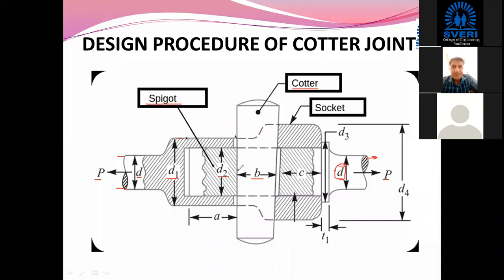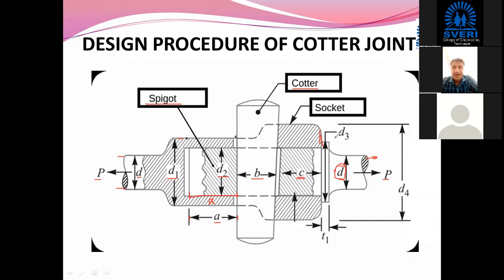Then the distance by which the spigot is inserted inside the socket, from one end of the quarter, is A. Then the remaining distance of this spigot up to the end of the socket is denoted by C.